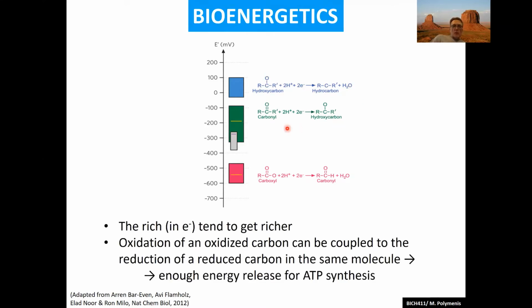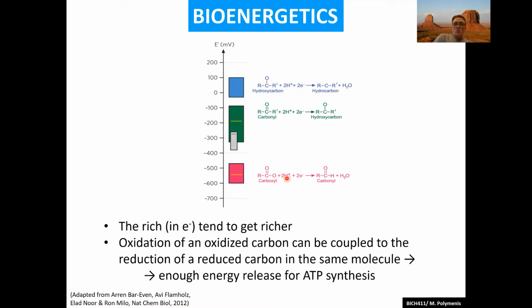Now, in coupling these half cells, these are all half reactions, in making a complete reaction, these are all reductions. Something has to be oxidized, and in coupling this, picking 2 out of those 3 and coupling them together, something that's favorable will always tend to move more electrons to whatever is already even more reduced. So in practical terms, you pick something, let's say the blue one up there, which is the one that's more reduced, write that as a reduction. So you pick up a hydroxycarbon, make it a hydrocarbon and couple it with any one of those 2 below it, that would be a favorable reaction.